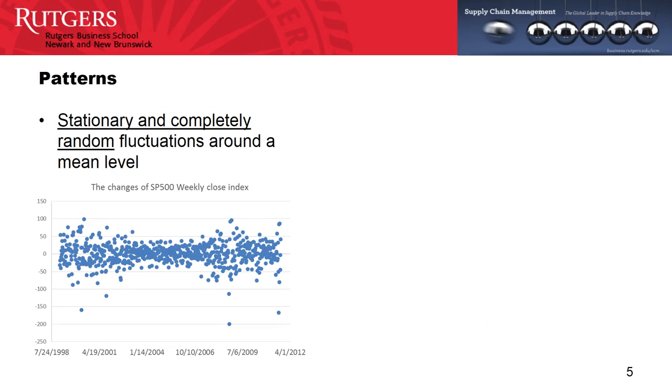Let's now discuss a few typical demand patterns that we often find in practice. First, let's look at the pattern of stationary and completely random fluctuations. In this example, the figure shows the changes of the S&P 500 weekly close index from 1998 to 2012, which is purely random and stationary, which means that no one can predict the changes of the S&P 500 index and thus hedge the market just by the historical data. The second pattern